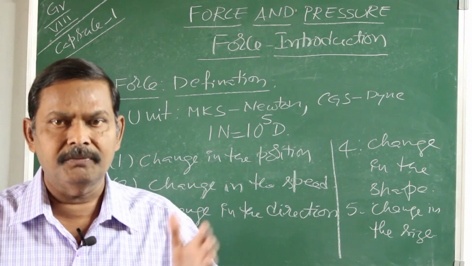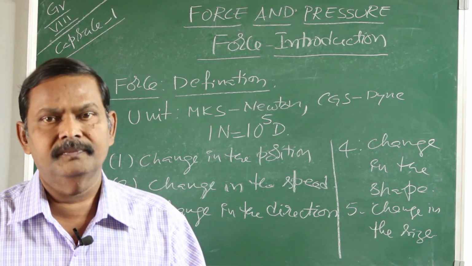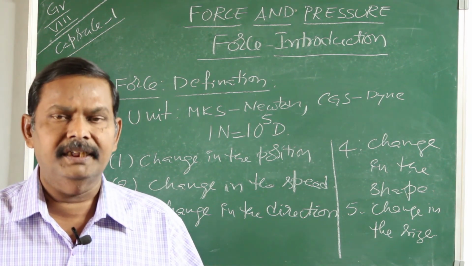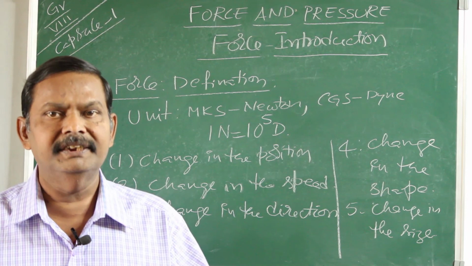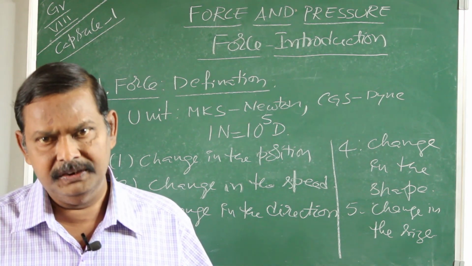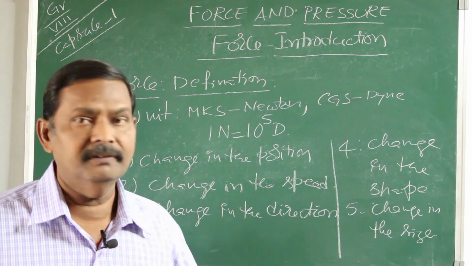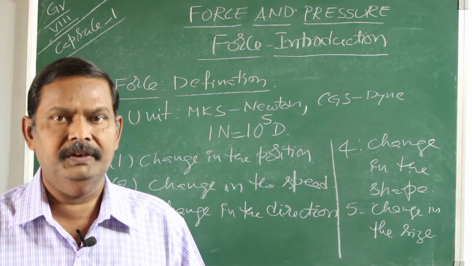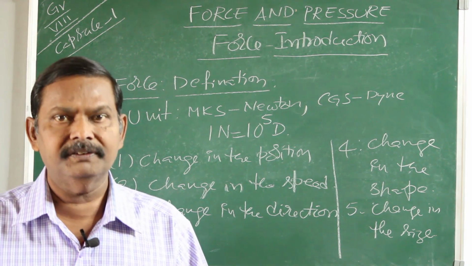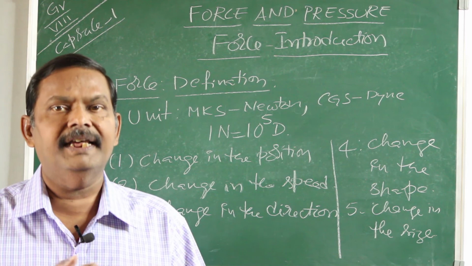In this situation, your muscular force is the external force, object is the sheet of sponge, and the effect is change in the size of the sponge sheet. So these are the 5 effects of force and very important. In each case we have 3 things: agent of force, object, and the effect of force.